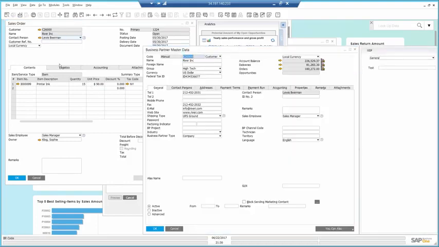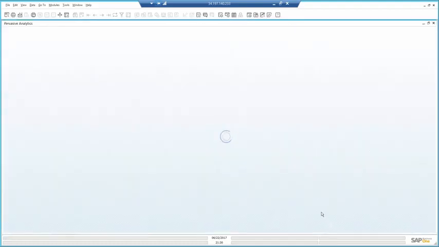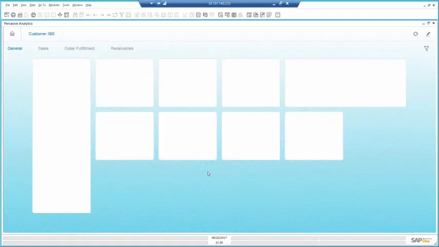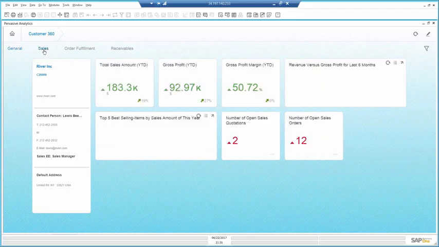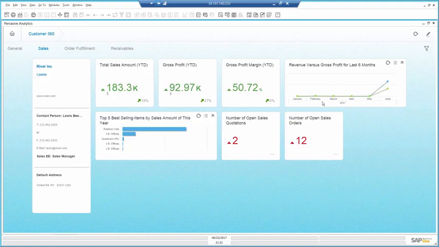When I open the Business Partner Master Data, I choose to look at the Customer 360 dashboard to understand more. From the sales data for that customer, I can see he didn't buy from me in the last 6 months, but still chose to place an order a few weeks ago.